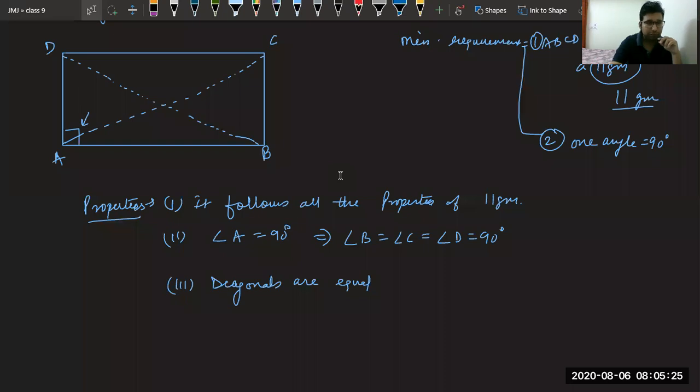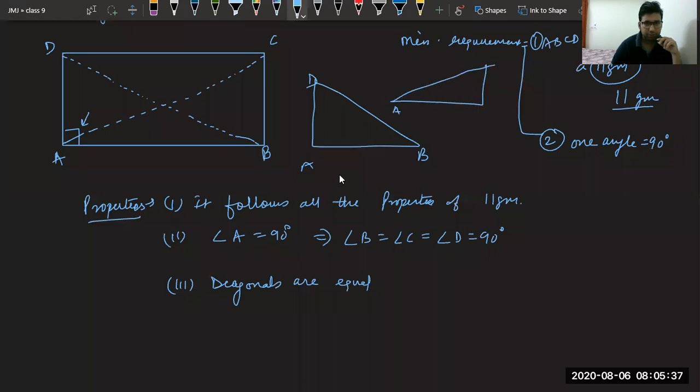Yes, sir. So simply you had to take triangle ADB, and second triangle ABC. So all the concepts of triangle only are being used over here. So to prove BD equal to AC, I have taken these two triangles. You know AB and AB are common. AD equal to BC, second thing. And third thing, you can say these right angles are equal in a rectangle. So by SAS, they are congruent, due to which DB equal to AC by that theorem, side angle side.